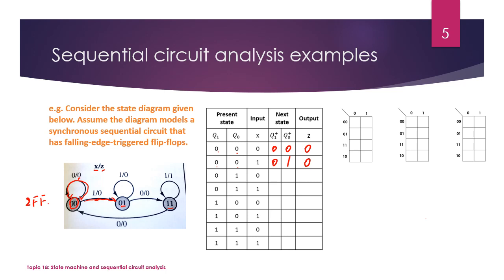If the present state is 0, 1 but X equals 0, we can find this arrow here. So the machine will make a transition to state 1, 1, and Z is 0. If X equals 1, you can see it goes back to itself, so nothing changed, and Z is 0. If we are at state 1, 0,